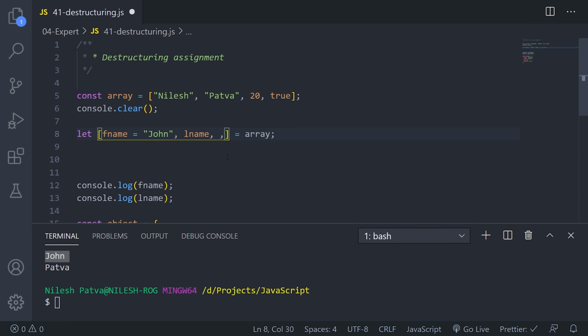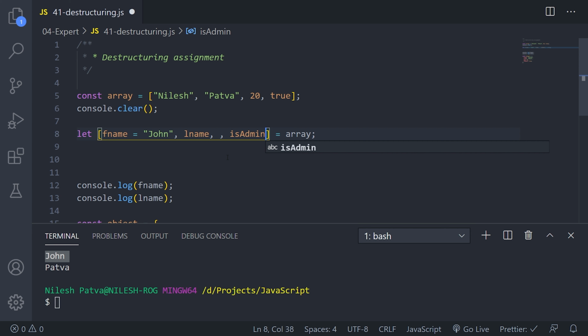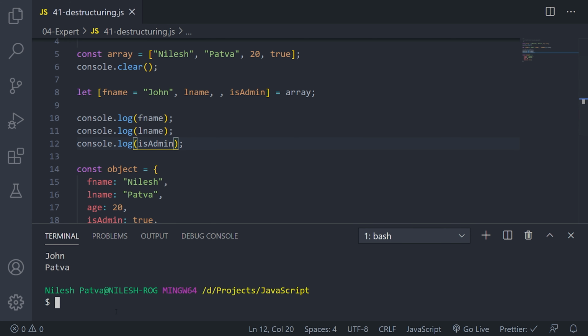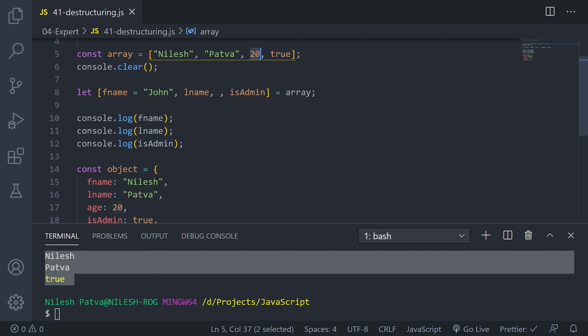I can add another comma, then I can write is admin here, and if I print out the same is admin, let me show you, and if I run this, you will see my three values will be printed, but the 20 has been ignored. So that is how you can ignore any values while destructuring.